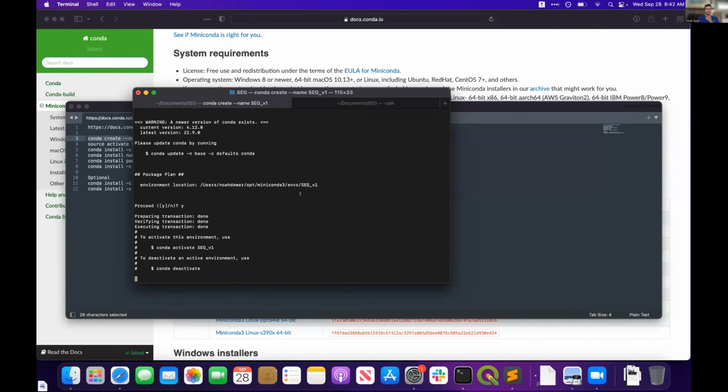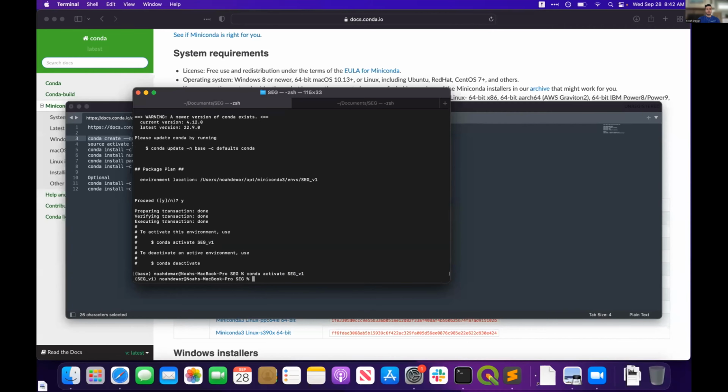It's asking me if I want to proceed. And so now I have this environment created and I can activate it. And so now if I do any installation of packages or if I do anything, they'll all be within this environment called SEG_v1. And the reason you want to do package installation and everything inside an environment is that,